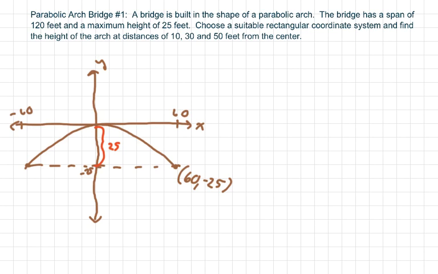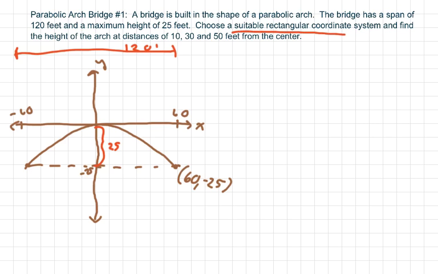Hi everyone, we're going to do a parabolic arc bridge problem, and so we have this bridge. The bridge has a span of 120 feet, so that's going from here to here. So I put this on a coordinate system,